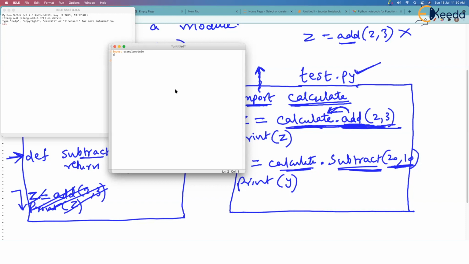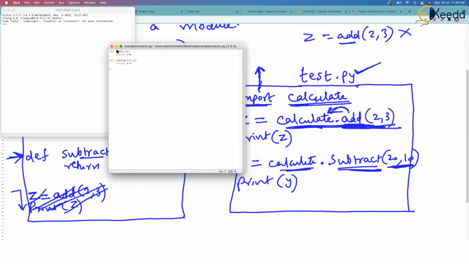Okay. Now I'll say z is equal to, let's say add 2 comma 3. Just check this. This is wrong. This call is wrong. What Python will try to do is it will try to find, is add defined within this module? No. There is no function add defined. This is going to give an error. You will have to make it clear that add is a function which is defined in example_module, then place a dot and then call it. Okay. Now it will run that add function here.